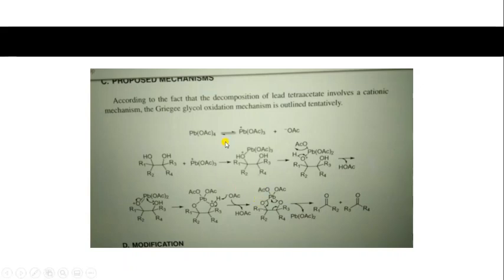In the mechanism, you can see that initially you can proceed with either reagent, starting with lead tetraacetate, or initially you ionize that, with one OAc leaving. Then this Pb positive is attacked by one of the OH groups, resulting in oxonium formation and then leaving the H, subsiding the positive charge. Next, OAc leaves, another OAc leaving,